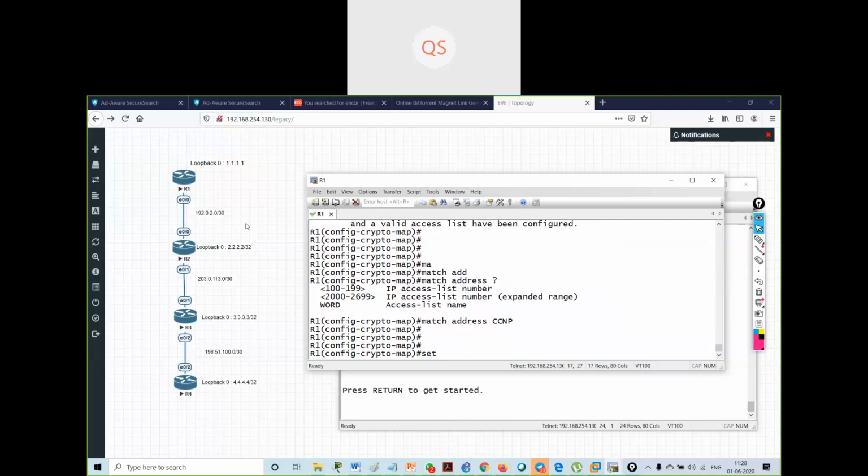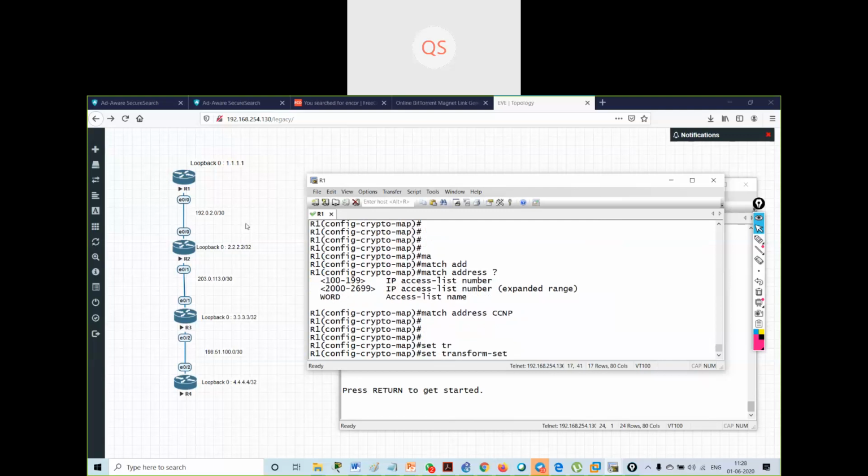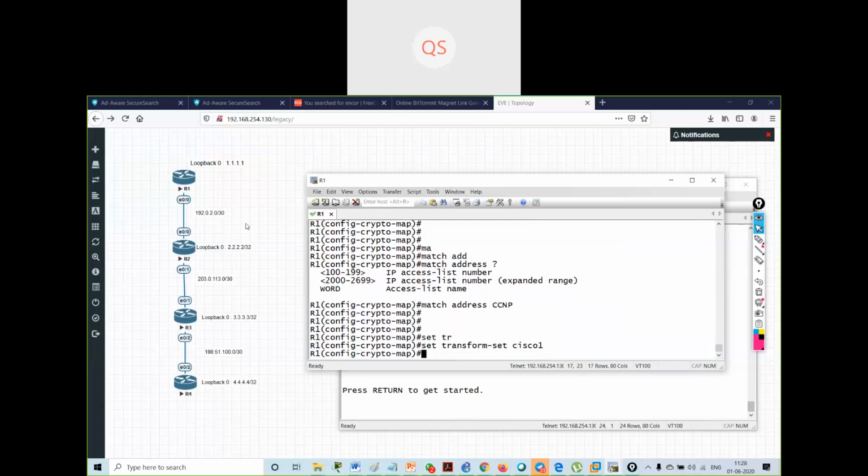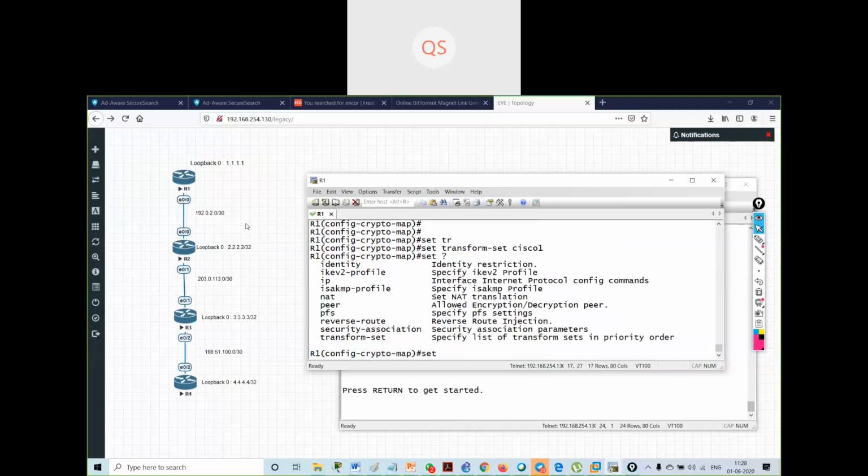Then I will set my transform set. What is the name of my transform set? My transform set has the name Cisco1. Then I will set my peer. Whom do I want to make the neighbor?